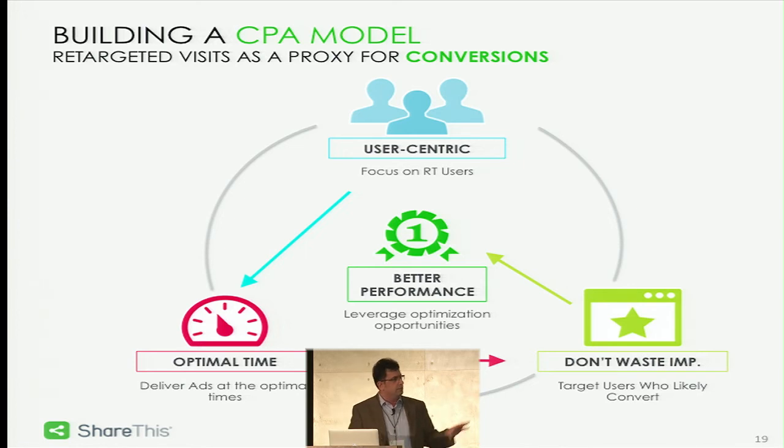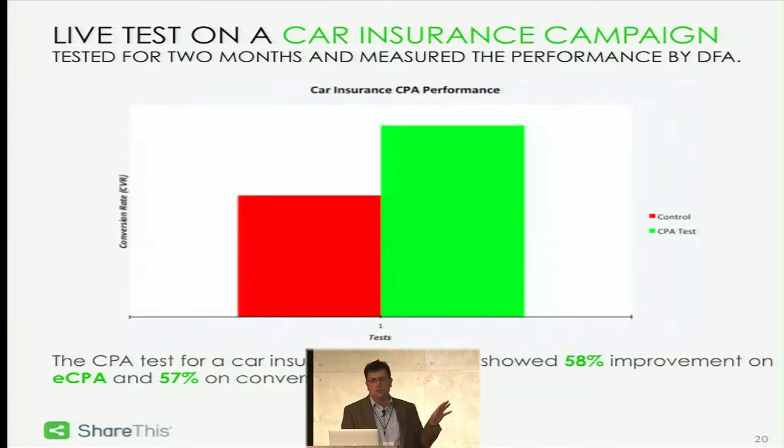So here is the block diagram. We focused on the retargeting users. We deliver the ads at the optimal time, and we didn't waste so many impressions, and we hope that we get better performance. Actually, we tried it. This is one test that we ran, for car insurance. It ran for 2 months, and it was measured by DoubleClick verification. So it's a third party, it's not us. And we saw a lift of about 58%